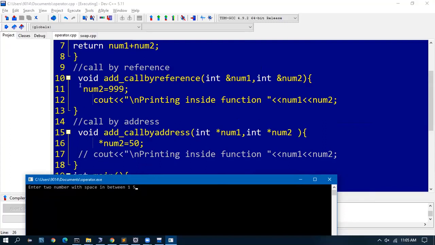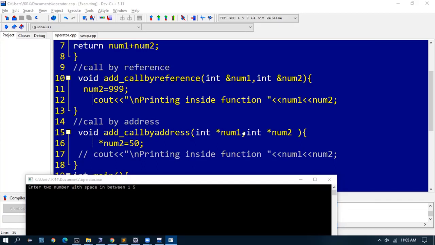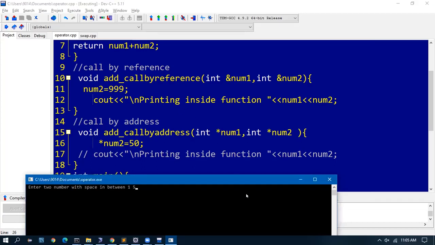When I give this, like line number 11, this means I am going and changing the source itself. Wherever this 5 was located, there itself I am changing it to 999. So even though the user has entered 1 and 5, see it is printing 1 and 999 because wherever 5 was stored,